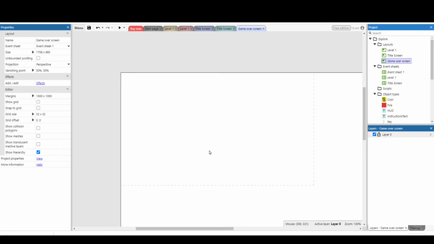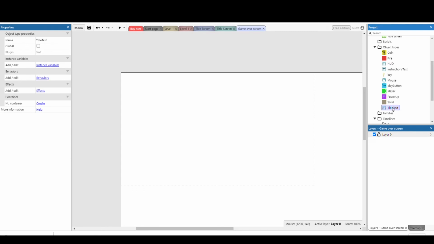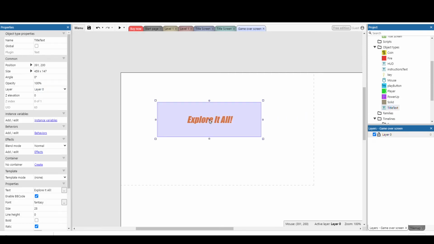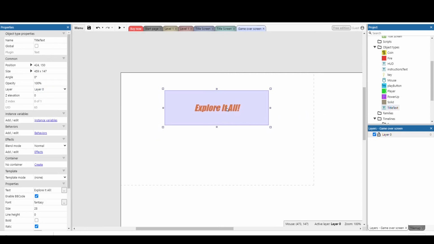Okay, so on our game over screen, we're going to need two things. We're going to need some text to say, you lost. And then we're going to also need our play button so that they can restart the game. So we already have created some text objects, and we can reuse them on different layouts and change their properties. So if you drag your title text onto the screen, you can change its default text to say something else,